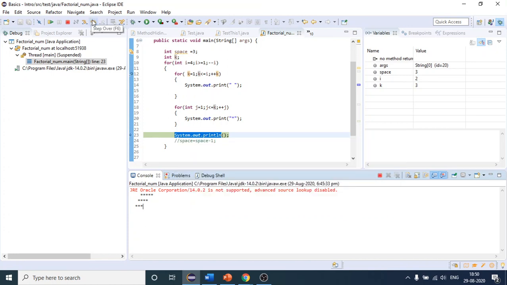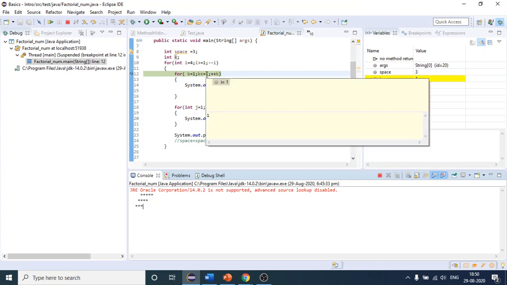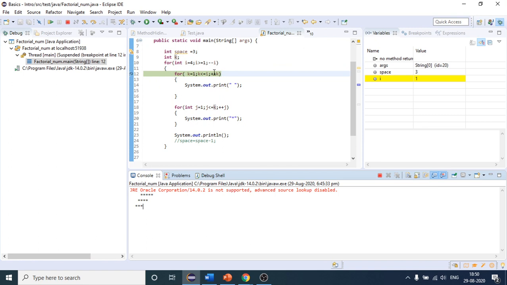So I am changing the line. You can see here line is changed, and then after this i value will also decrease. See, i value has become 1 now on the right hand side. So how many times should this execute? Only 1 time, because i value is 1. So as soon as I press this, it will provide me 1 space. It has provided the 1 space. After this it will not execute because the condition will become false. Again it will come to this loop.